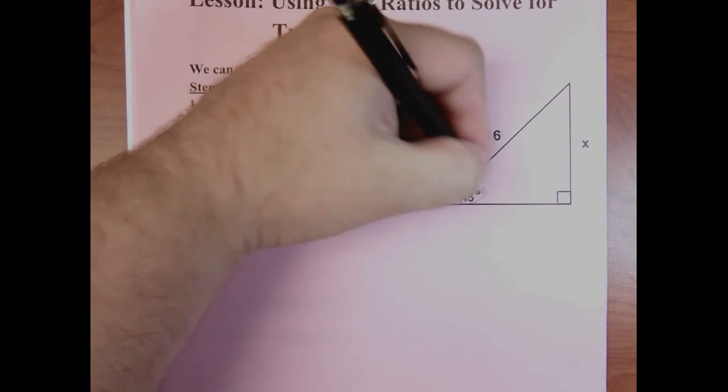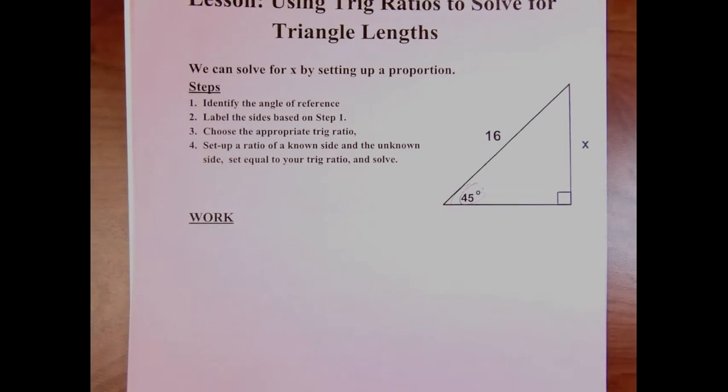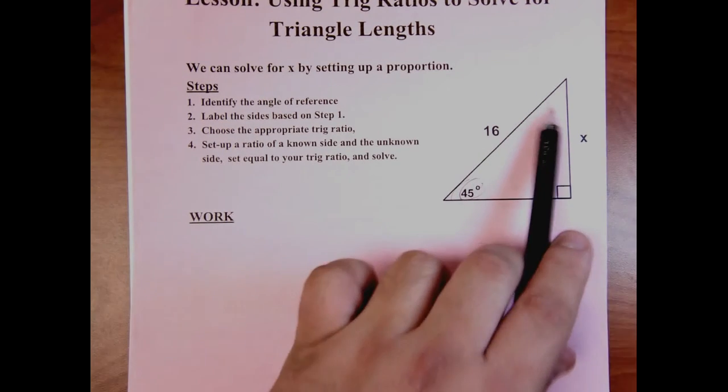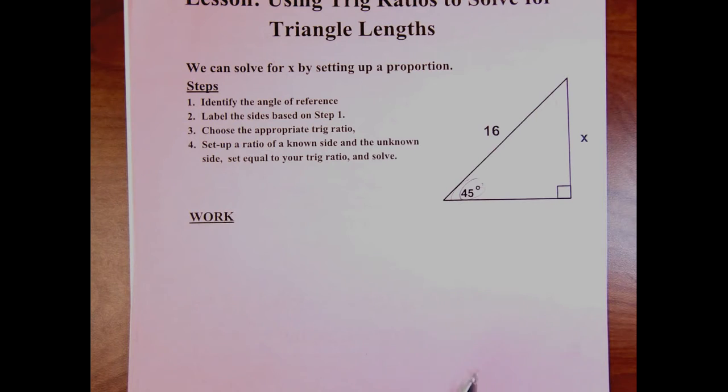In this case, the angle they gave us was 45 degrees. We can use that as our angle of reference. If you prefer, you can change your angle of reference. All we need to do is take this angle, subtract it from 90, and that'll give us the other complementary angle. The only angle that we cannot use is this 90-degree angle,